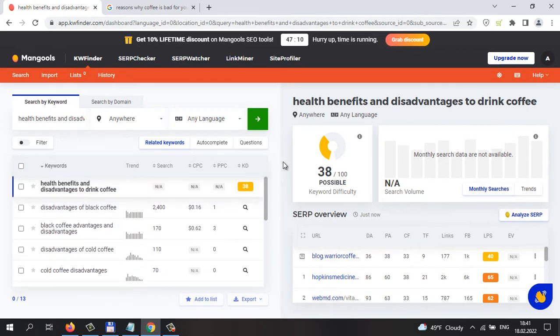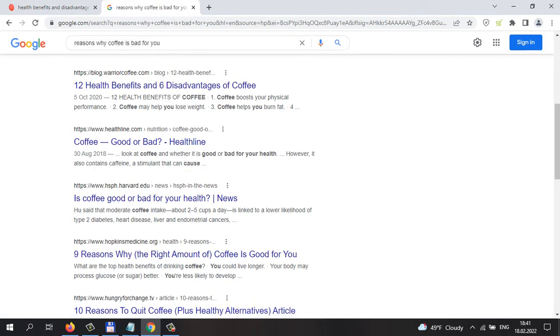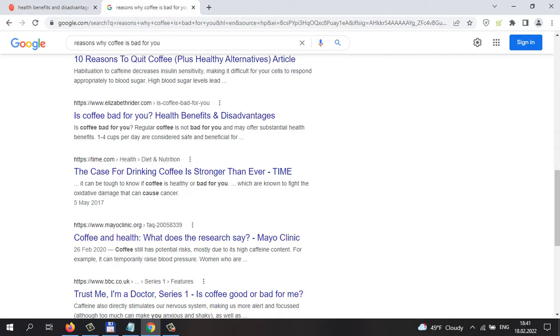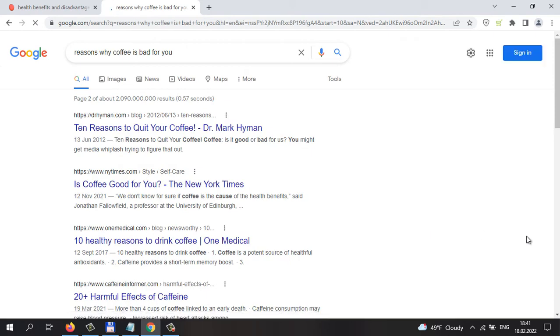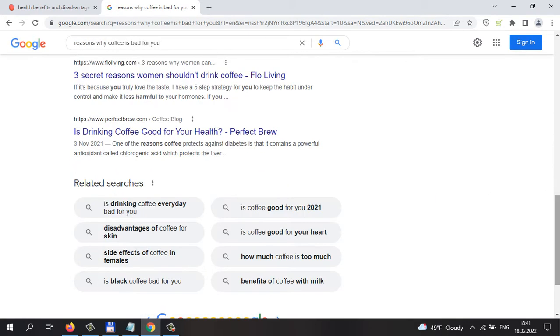So try to Google and try to find some articles. For example, if your website is related to coffee, or to any other niche, try to find different articles, so you can just go to next, and then you have a good idea which keywords you can use.